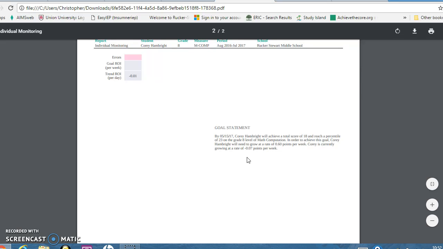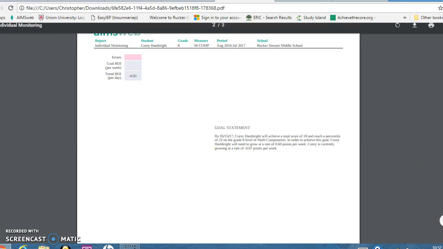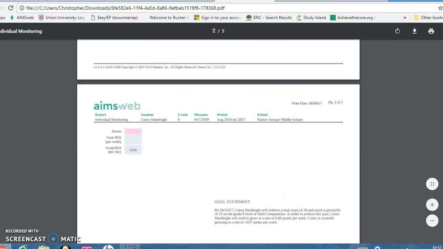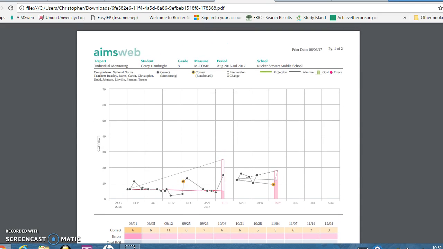This goal statement is very informative. It tells you that by the end of the year the student should be able to score a certain score and reach a certain percentile. That percentile is very, very important in terms of math intervention. There's a certain percentile we like to see the students perform at, to show growth.